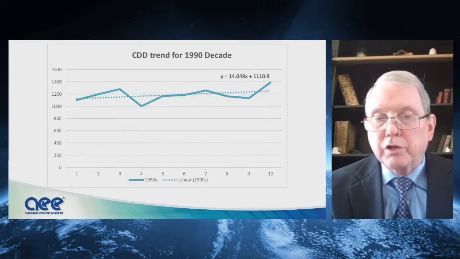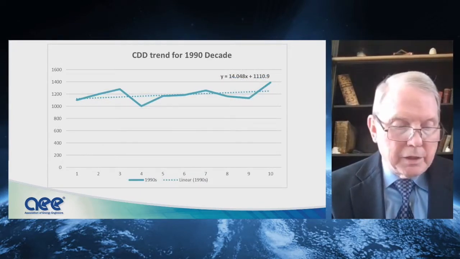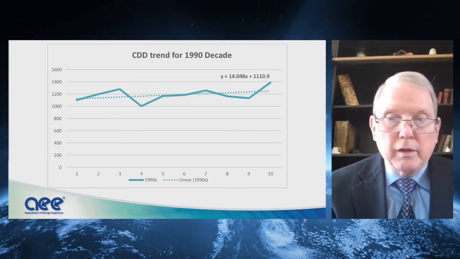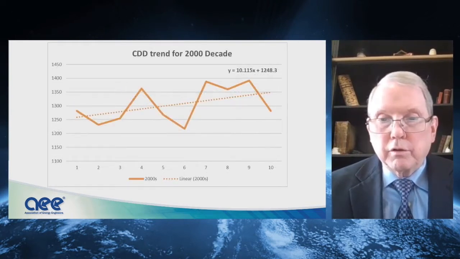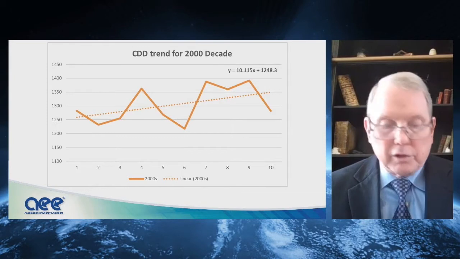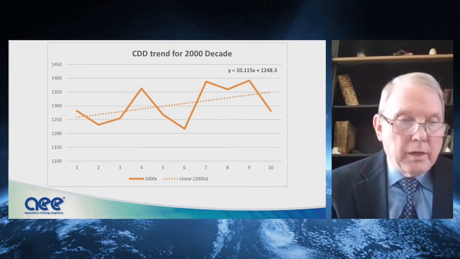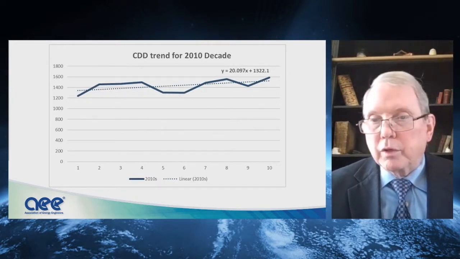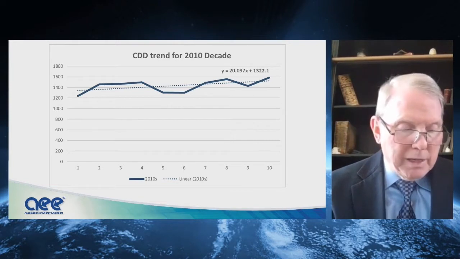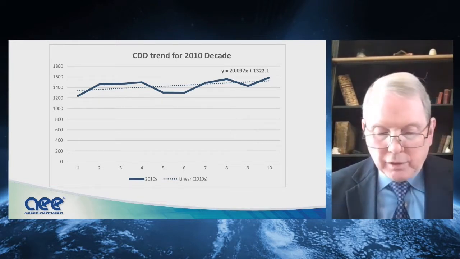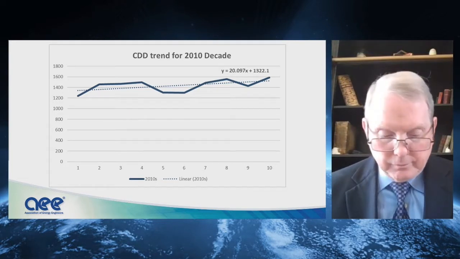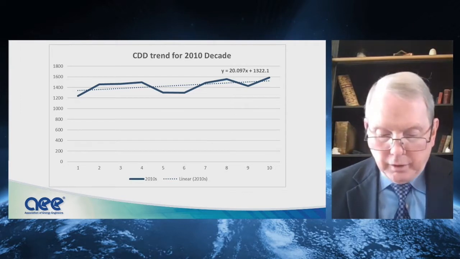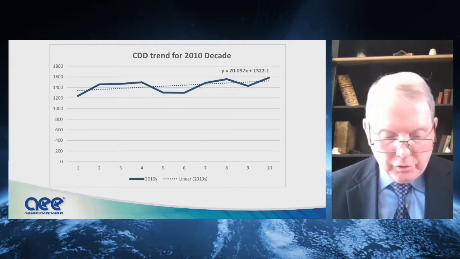So if I show you these 3 individually, you'll see for the 1990 to 2000, it's at a 14-to-1 slope. If you look at year 2000 to 2010, we go up at a 10% slope. Then for 2010 to present, we have a 20-to-1 slope. If we maintain this slope, we will add 1,000 degree days in less than 50 years. It escalates at the rate of change for the last 3 decades, and we could add another 1,500 degree days in the next 50 years.